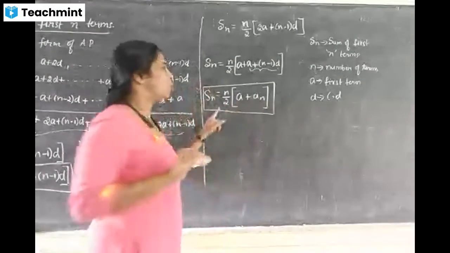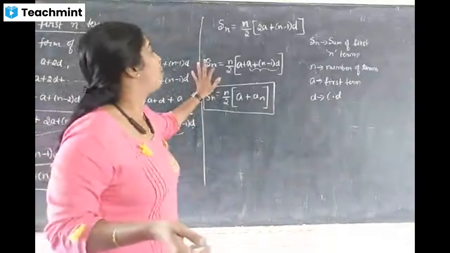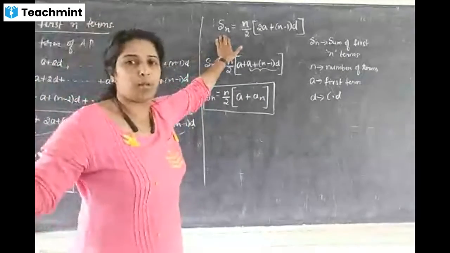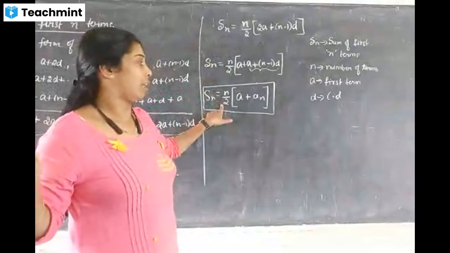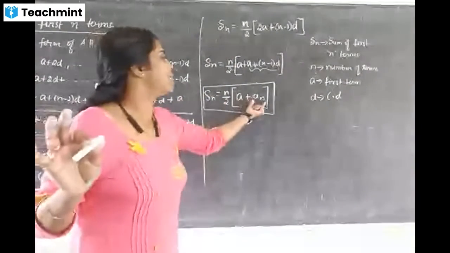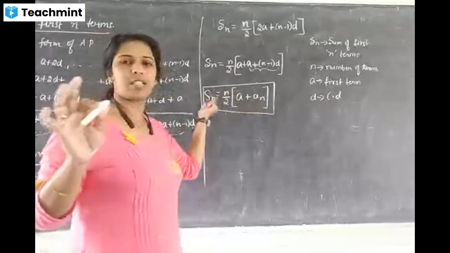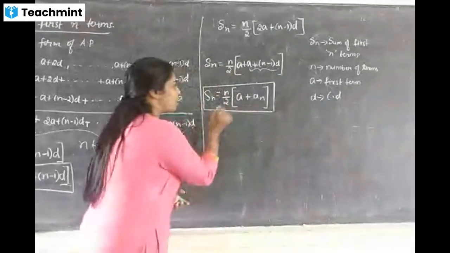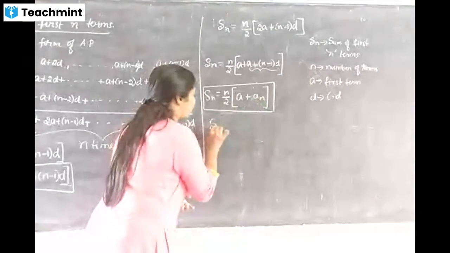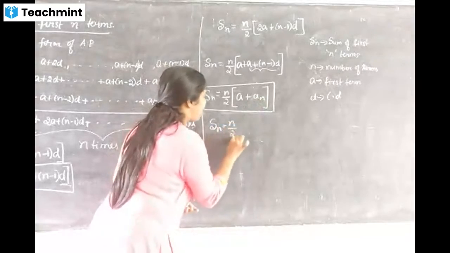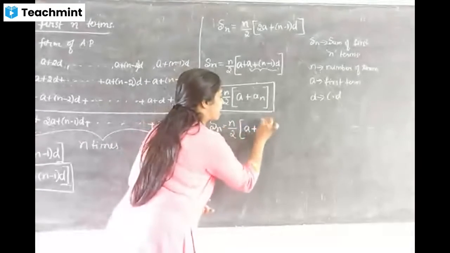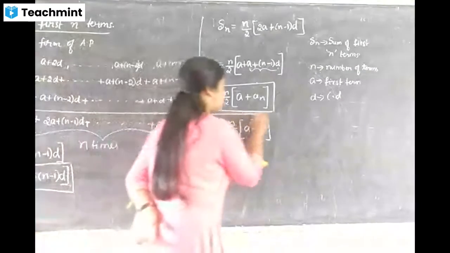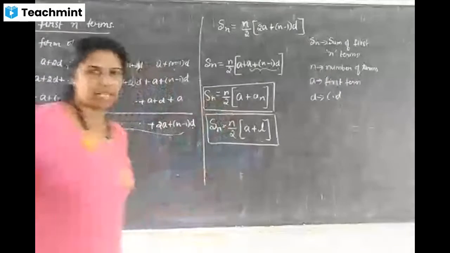This formula we will use for each and every problem. This formula is suitable for each and every problem, but sometimes it is helpless, because if a is given and n is given and they ask us, shortly we can do. That we will come to later. And one more thing: for an, the last term, we also denote it as l. Instead of a, we use l.